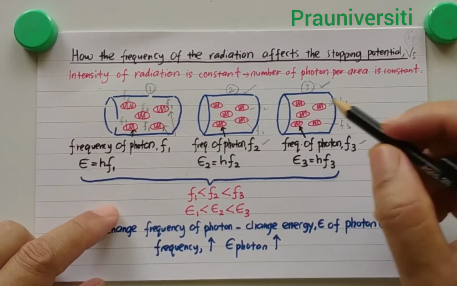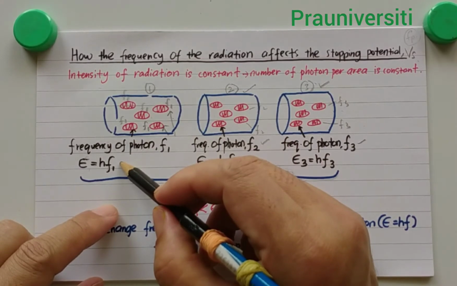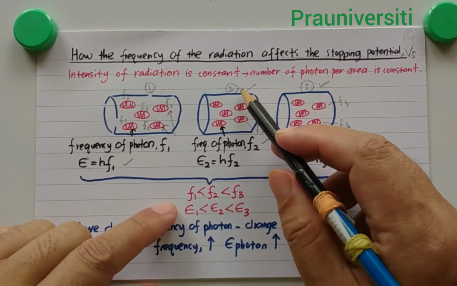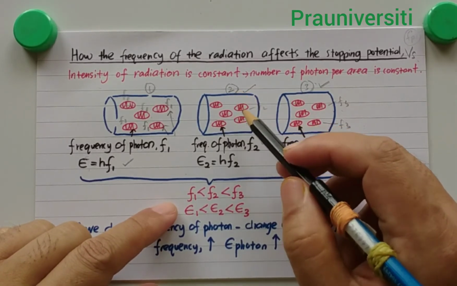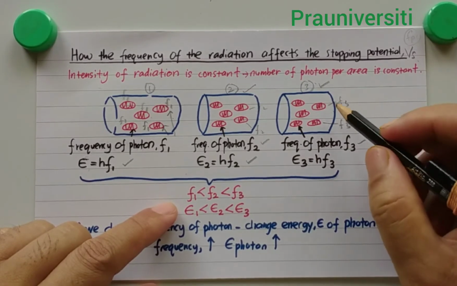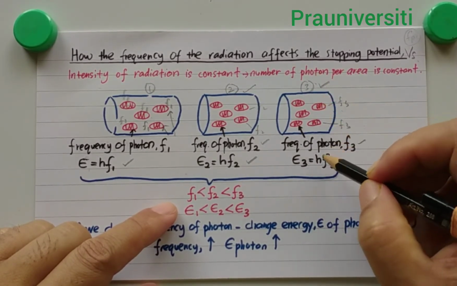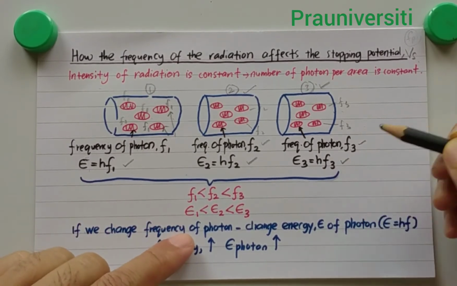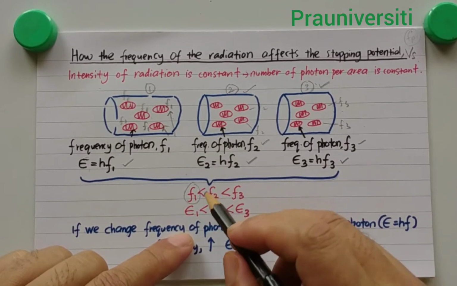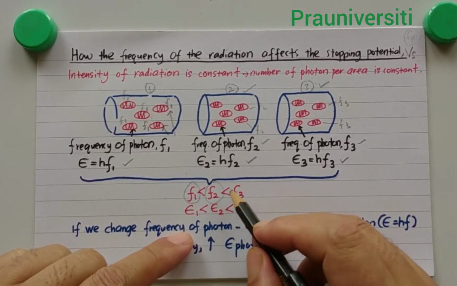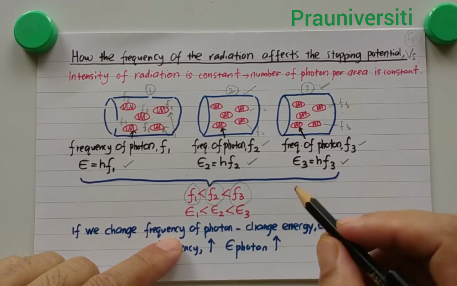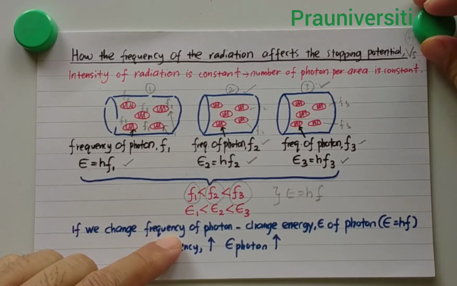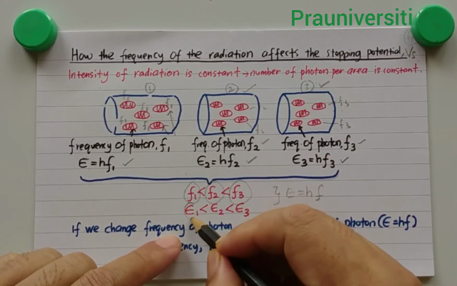For each photon, we can calculate E equals hf. For diagram 1, E1 equals hf1. For diagram number 2, the energy of each photon is E2 equals hf2. And for diagram number 3, the energy of each photon is E3 equals hf3. We have F1 lower than F2, and F2 lower than F3. According to the relationship E equals hf,